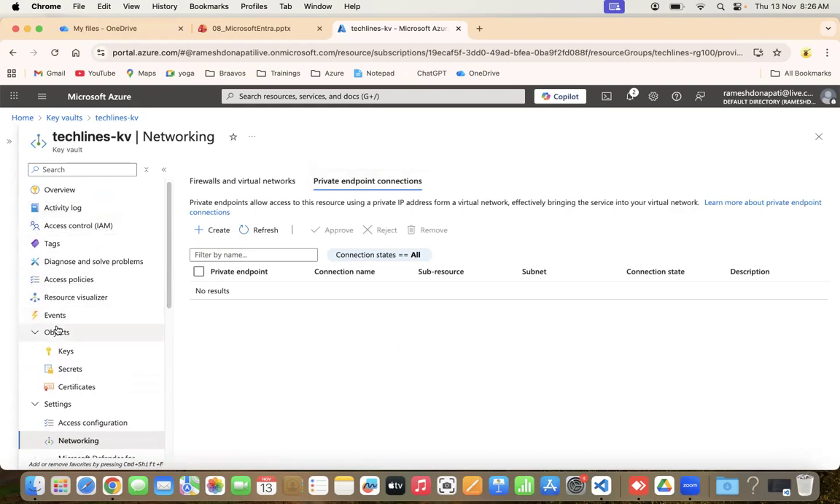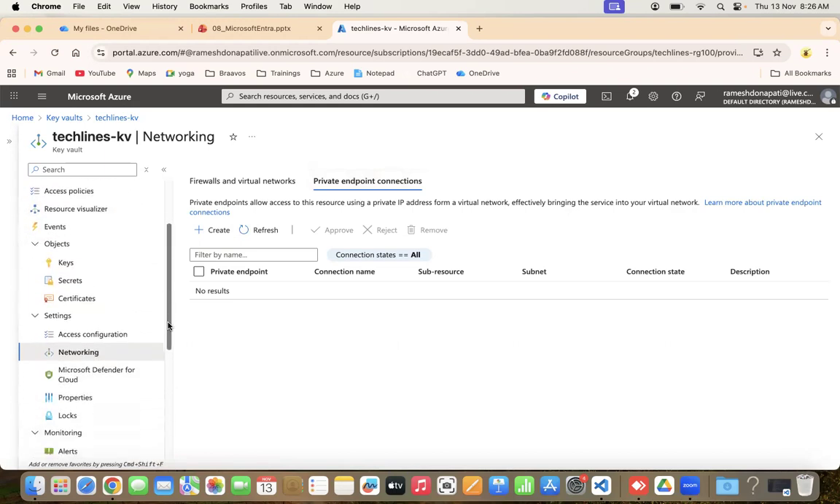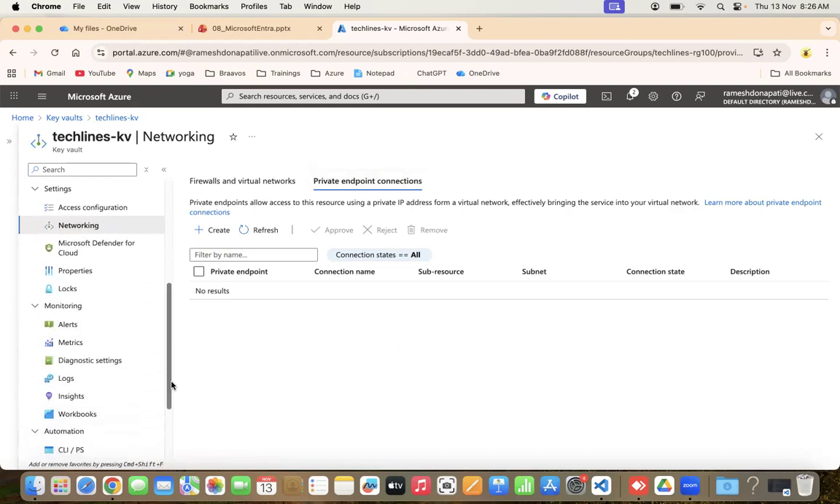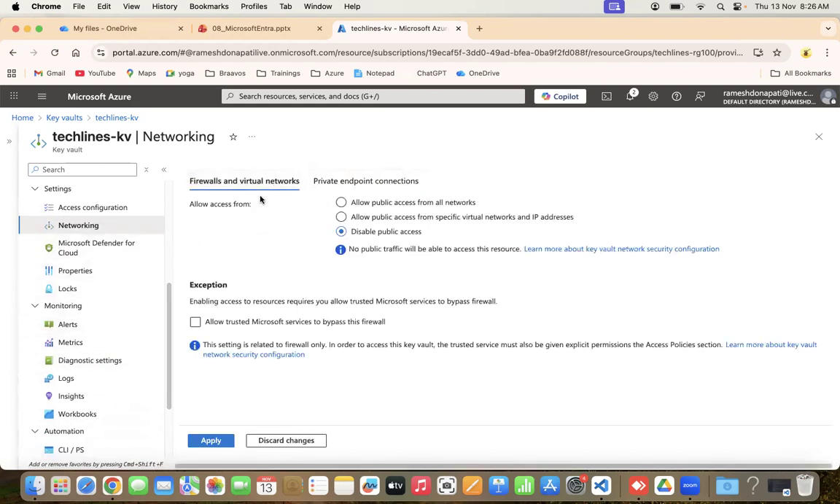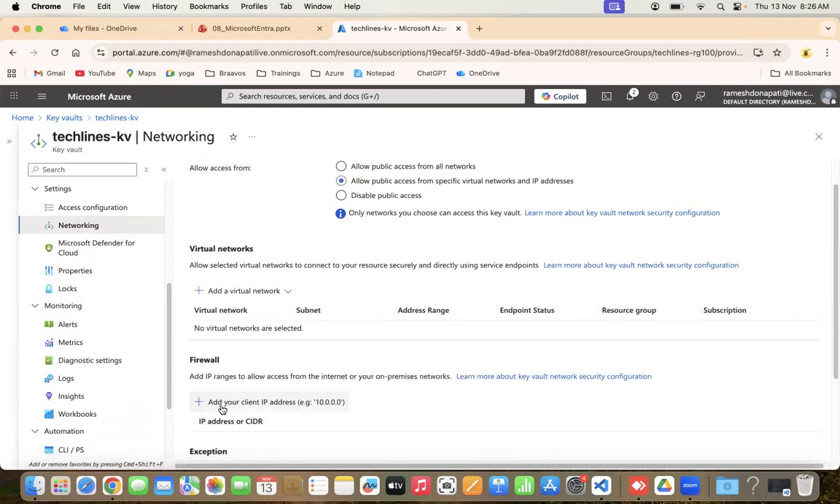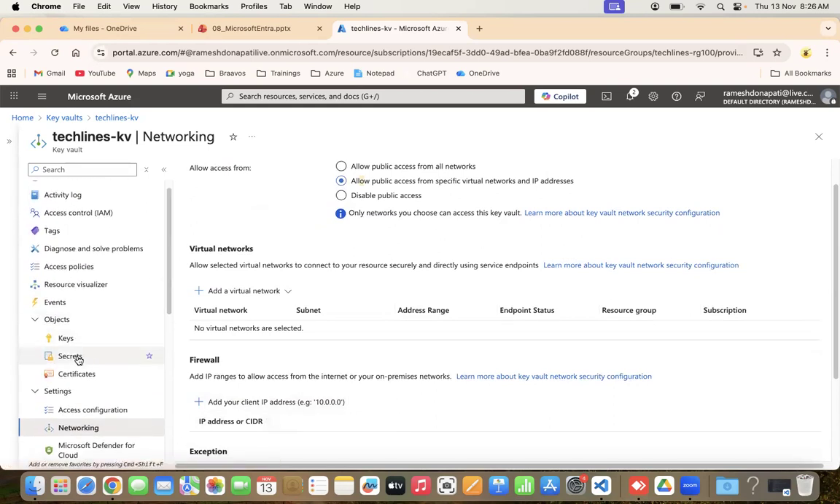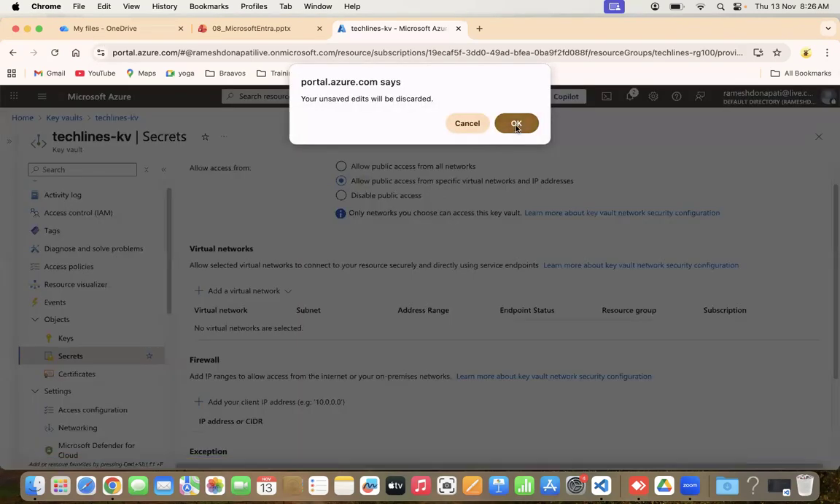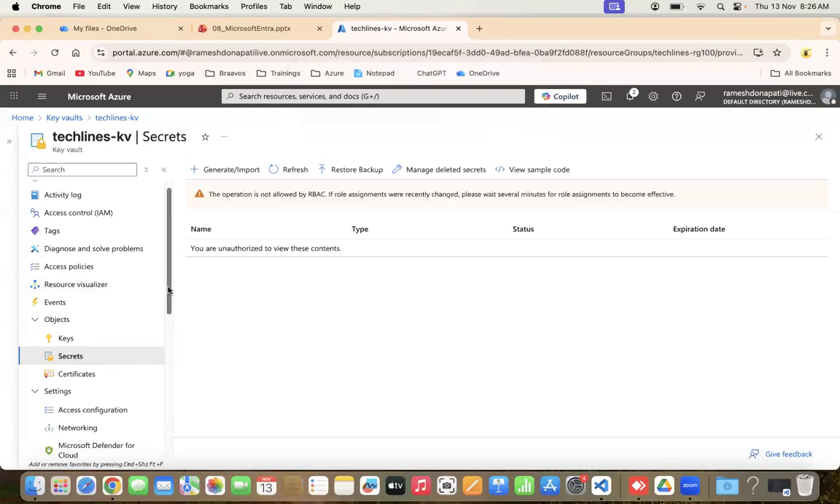And there is one more important thing when we work with Key Vault. In the networking, we need to add our IP address to get access, right? Yeah, add your client IP address. We need to add our IP address, then only will we be able to see the secrets. And the next thing is